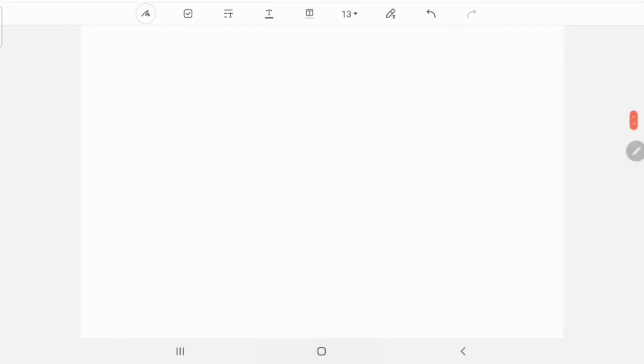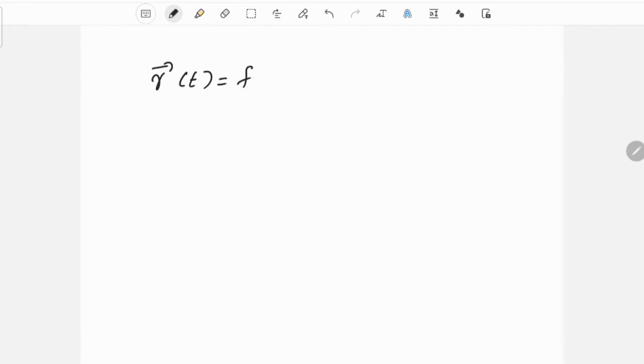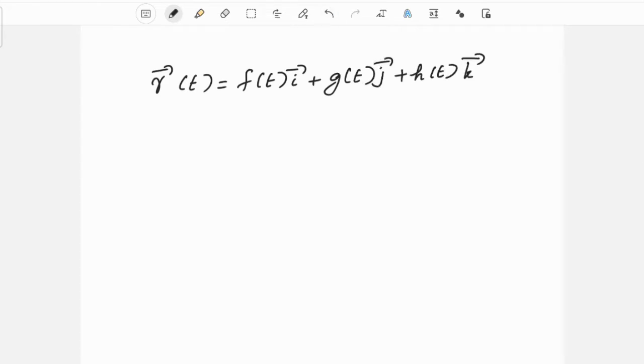r of t is equal to f of t i plus g of t j plus h of t k. These vector valued functions have the same properties of vectors. For example,